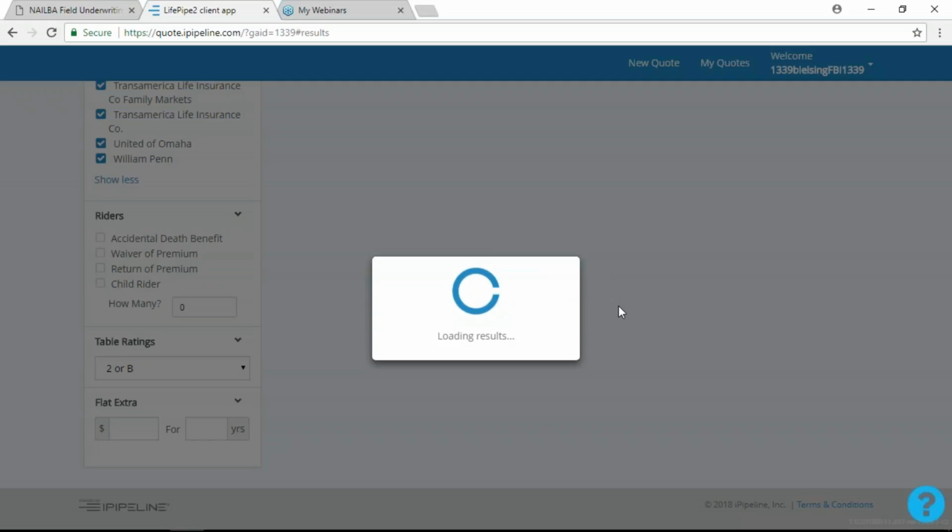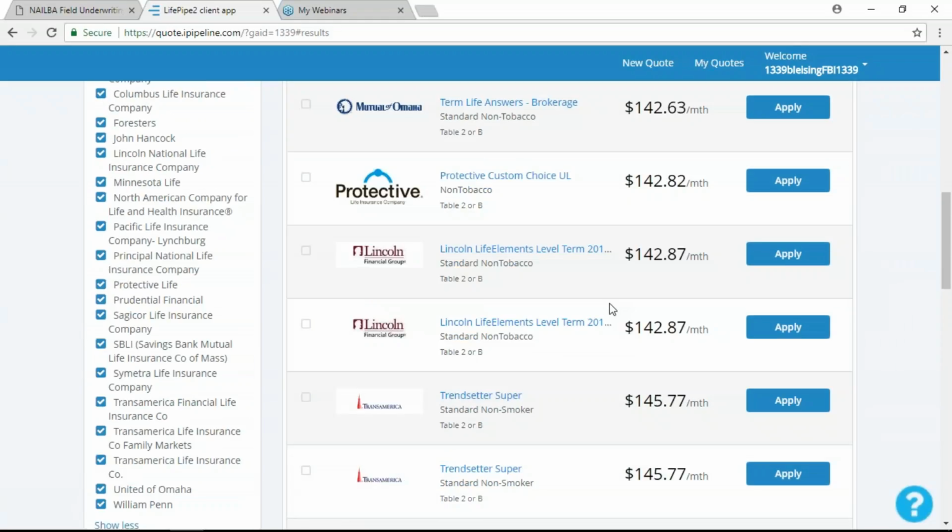GULs are a little bit different. You're not going to see full illustrations off of the software. You're not going to see cash values. What you're seeing is the price that will guarantee coverage to a particular age. And if you want to know how far it's going to go, all you have to do is look here